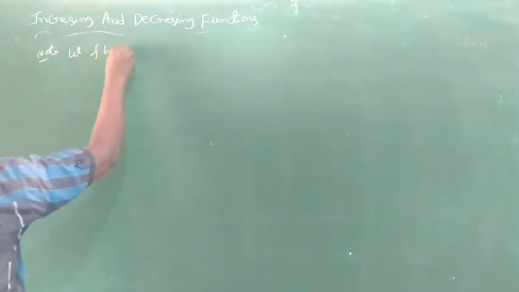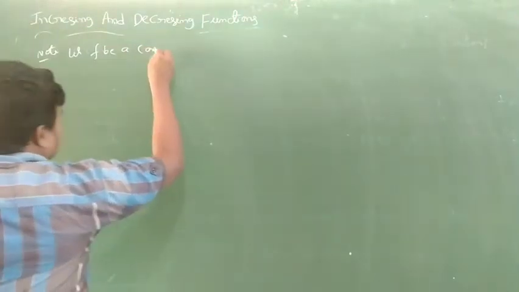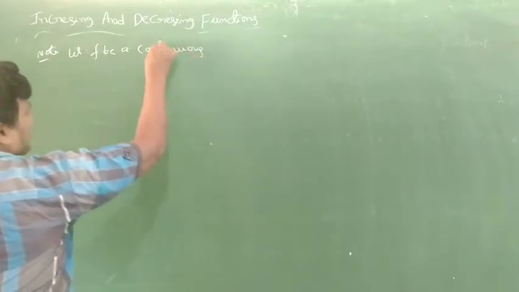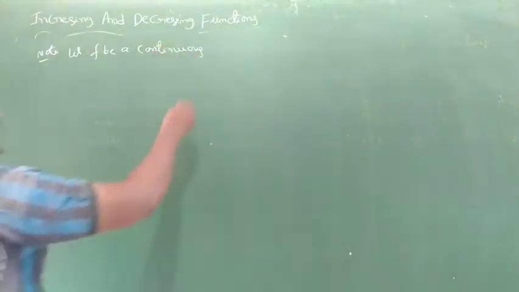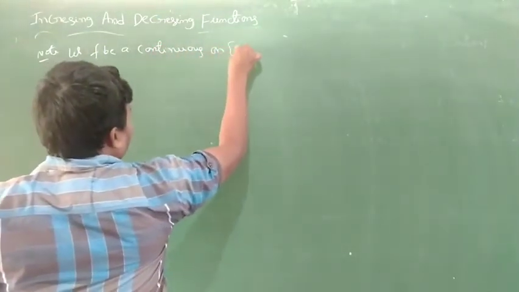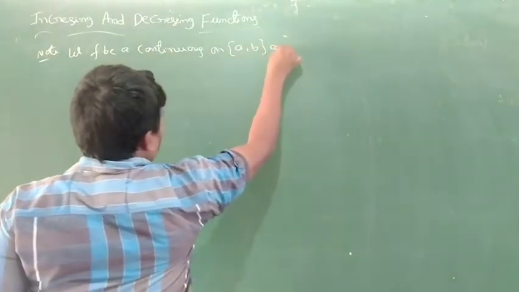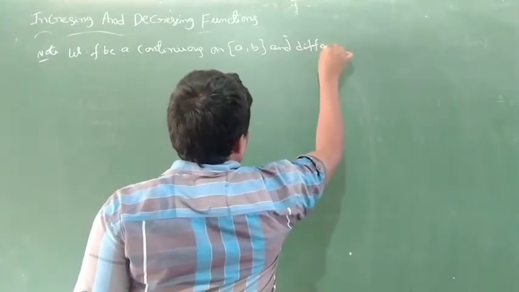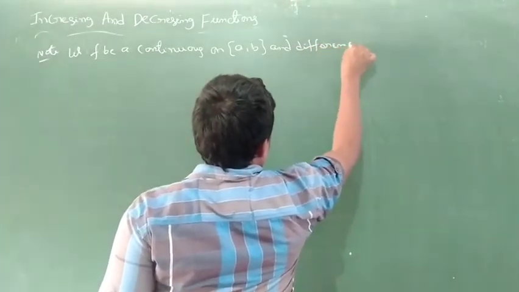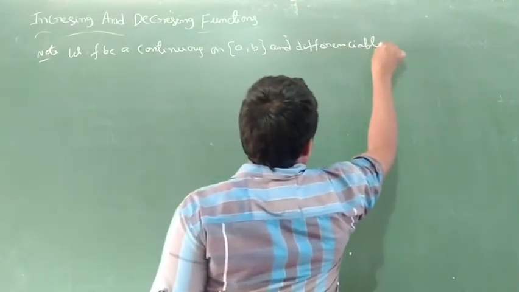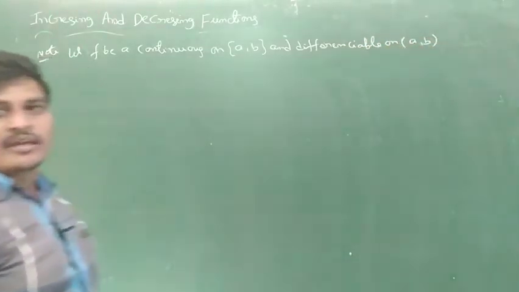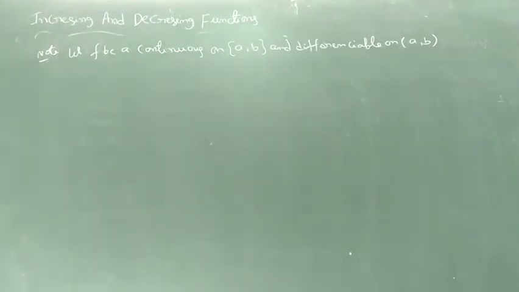Let f be continuous on the closed interval a comma b and differentiable on the open interval a comma b. This is already the mean value theorem condition. Then